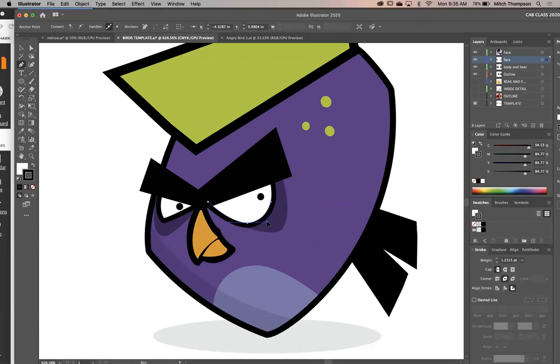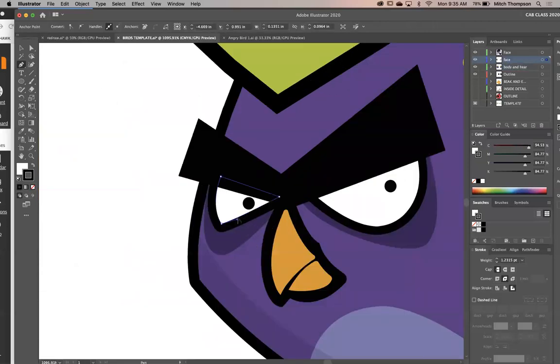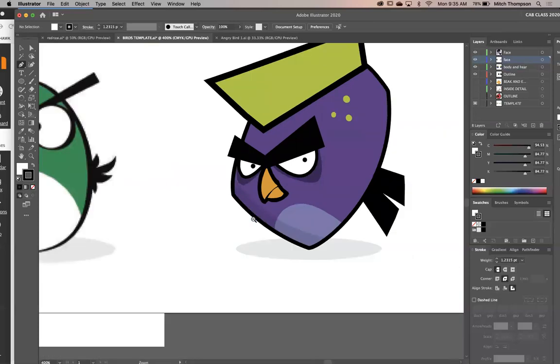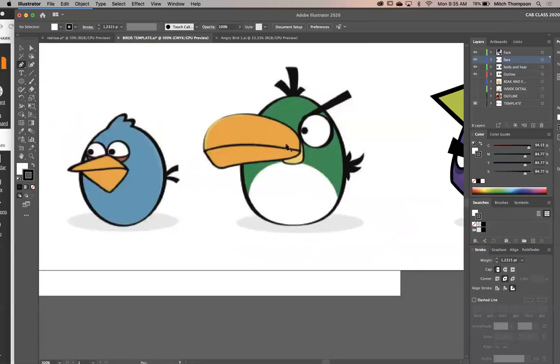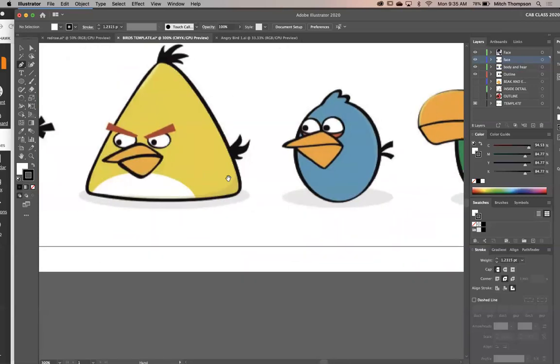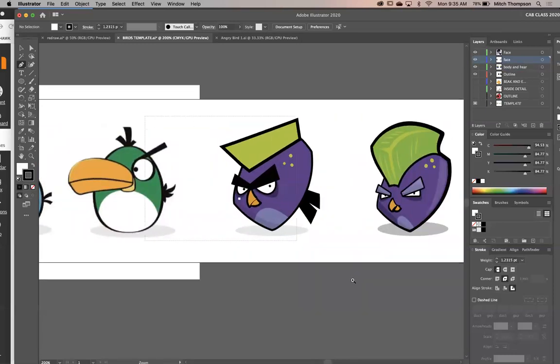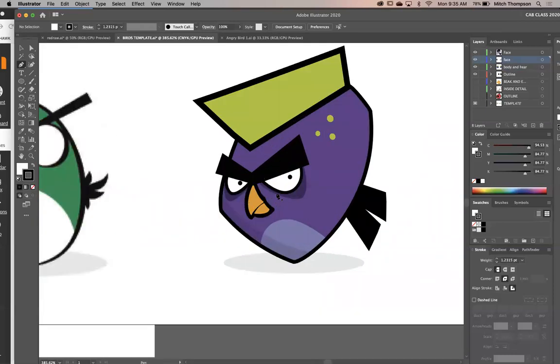Hey, and what a difference, right? So now I'm getting there. Now he's kind of matching a little closer. I still want him to be angry though, right? And it's really amazing, these little Angry Birds, how well they are put together. Meaning, it's pretty difficult to make something look angry with literally not a whole lot of detail. Like eyebrow, right? And then a frowny. So with the amount of shapes that they're using, what I'm getting at is you may have a difficult time trying to make them angry.